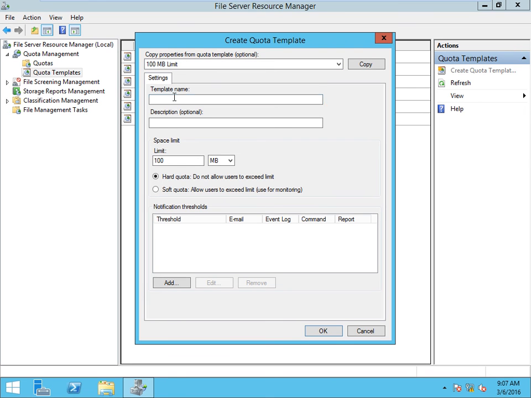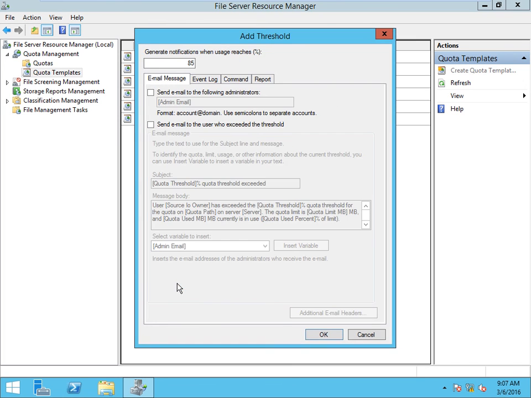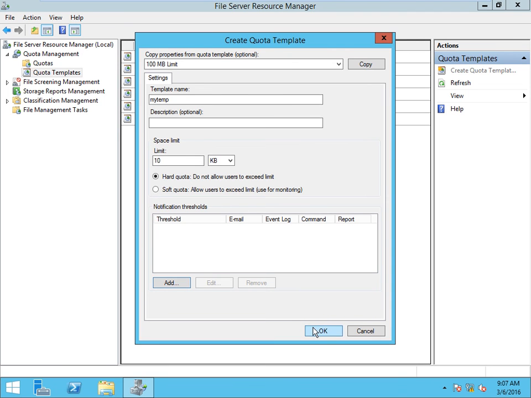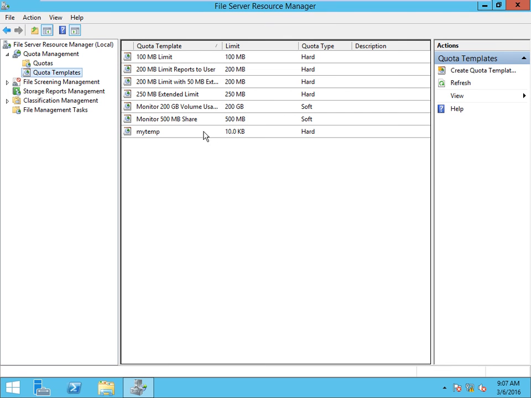Template name you can give anything, like my temp, limit is 10 KB. Hard quota means we cannot exceed the limit, soft quota means you can exceed the limit also. Add, here if you want to add an email ID and all for Exchange server, you can add, otherwise it's not required. Press OK. 10 KB hard quota.